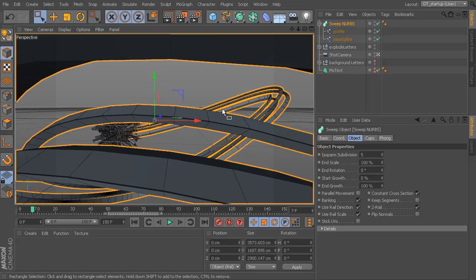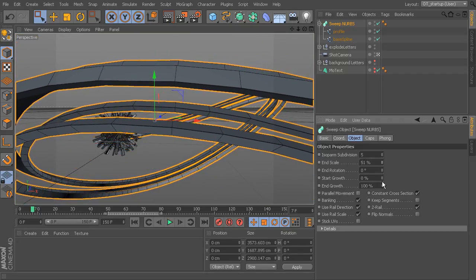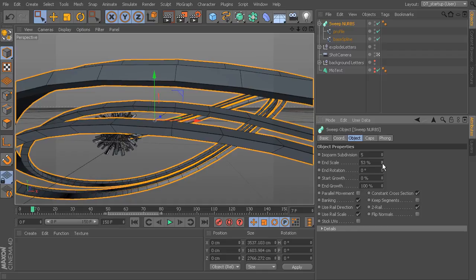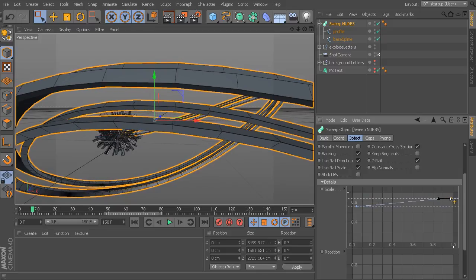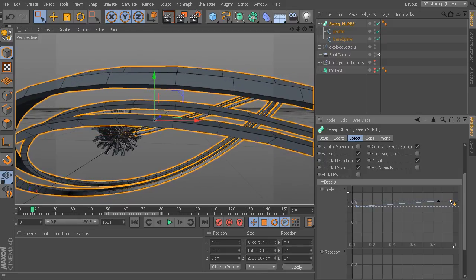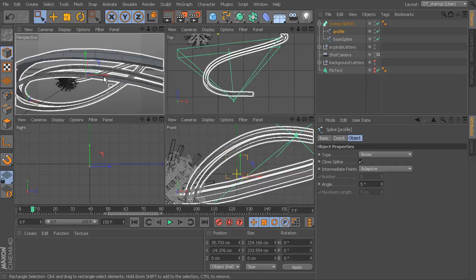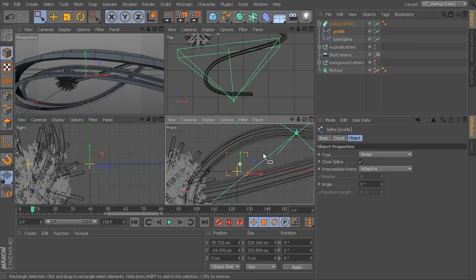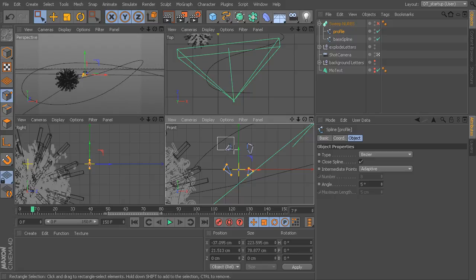Okay, now you can see right now that it's a little bit large. So if you want to change the scale, you can modify the scale a little bit, or you can come in here under details and change the beginning scale and the end scale. So we'll modify that a little bit. You can also change the position by changing the profile. So if I go back in here, so remember what that looks like. If I come back in here and take a look at the profile, for instance, I can squeeze in that gap a little by